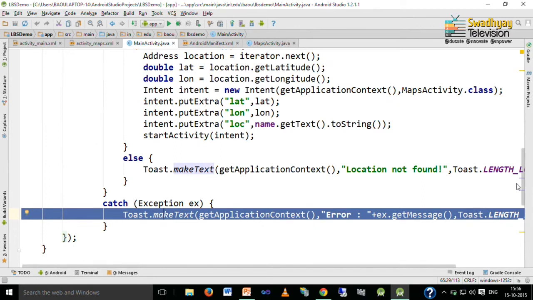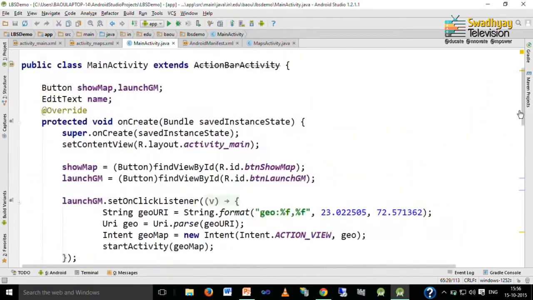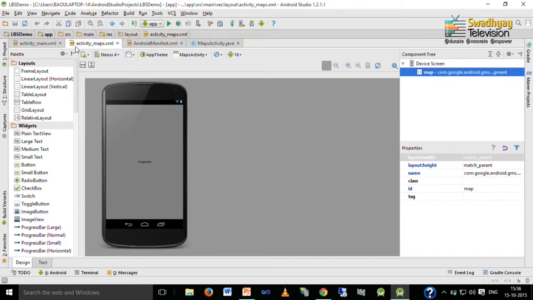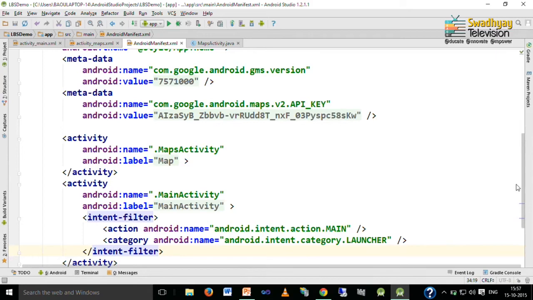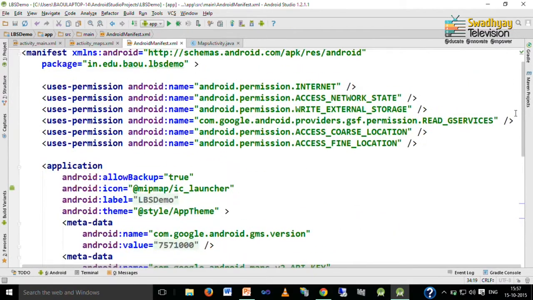So, this is all about the main activity.java file, and as discussed it is used to either launch the inbuilt maps application or our maps application. Now, we discuss the permissions required to run this program.